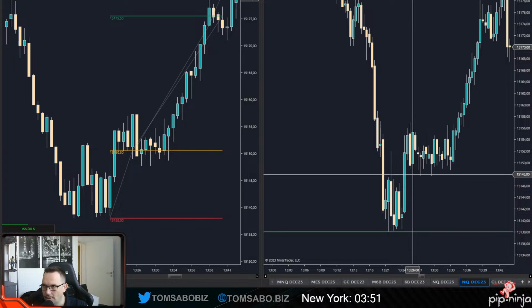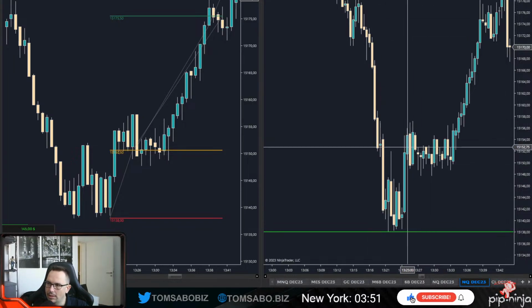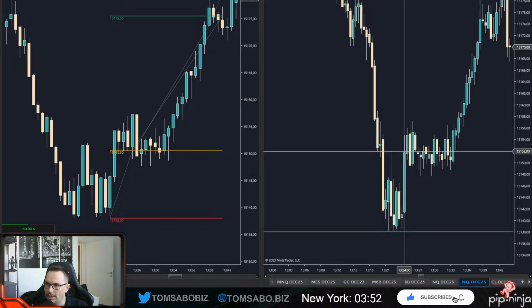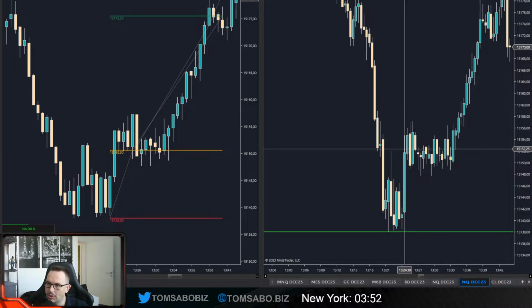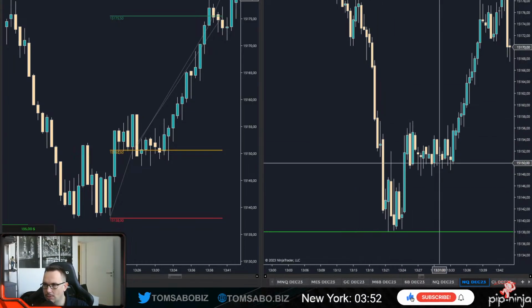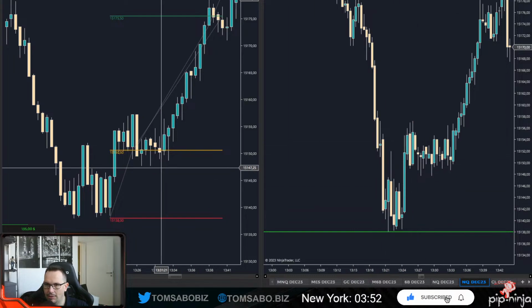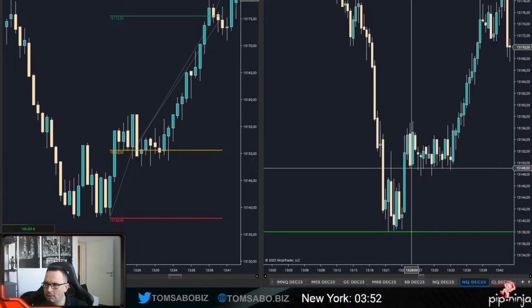what do we see? On the 30 seconds on the right side, this here could be considered a structure break, but I don't really like it. Why? Because this candle didn't break the structure with an up close candle, only broke structure with the wick. And I was waiting for a turnaround because this was in the 4-hour fair value gap down here, same as here. So I said, oh my god, this is not a clear structure break, but I really wanted to go